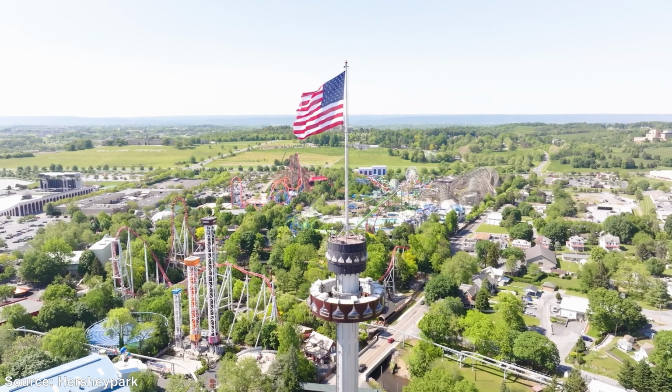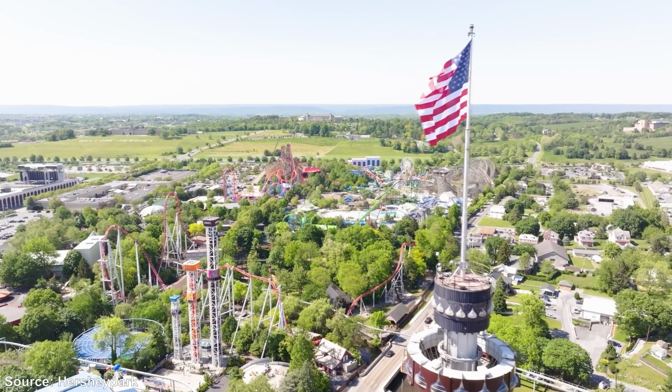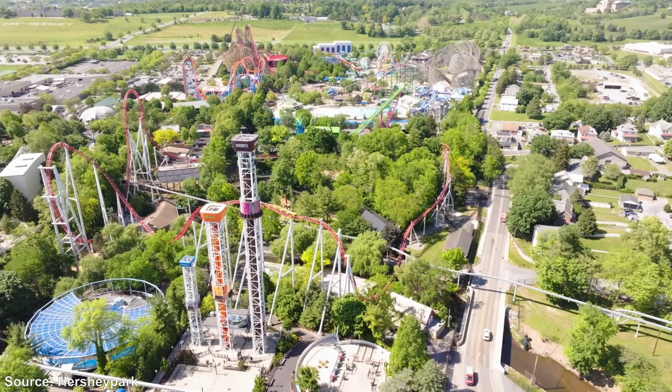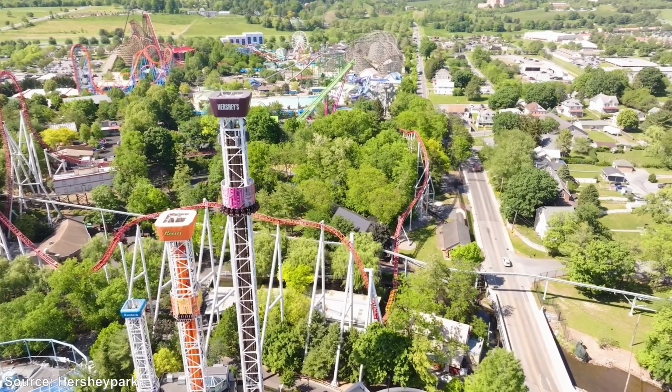Hey guys, it's Hollywood Studios here, and the hype is building up quicker and quicker as we continue on closer to Monday, which is the first day that riders are allowed to ride Wildcat's Revenge. Today is Sunday, and since the ride opens for previews tomorrow, I wanted to go through a layout breakdown of Wildcat's Revenge and predict what I think each element will feel like, and overall how good I think Wildcat's Revenge